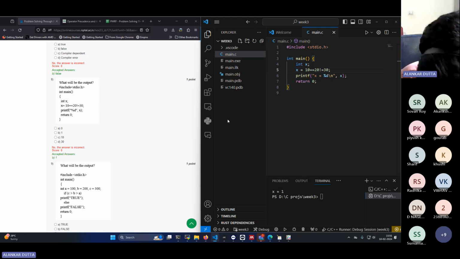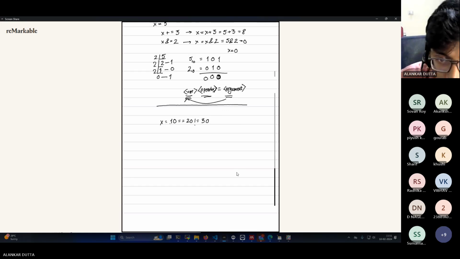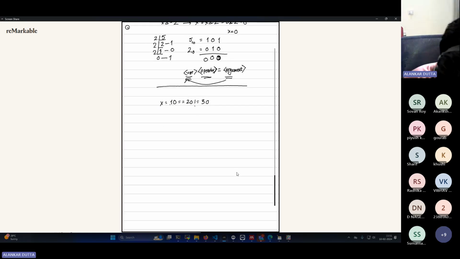So you start with x equals 10, equals 20, not equals 30, right? So let me go back to this. So this is what I am starting in here. So here you can see